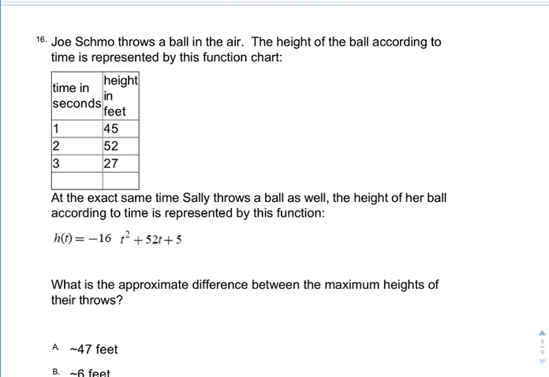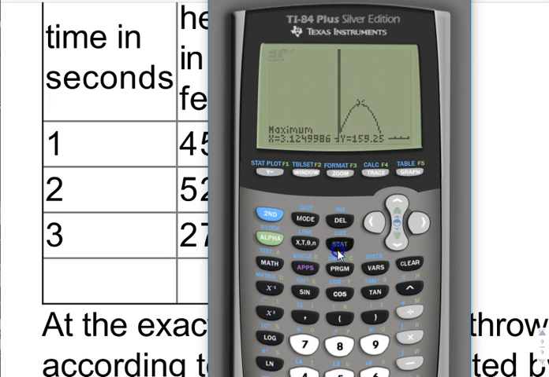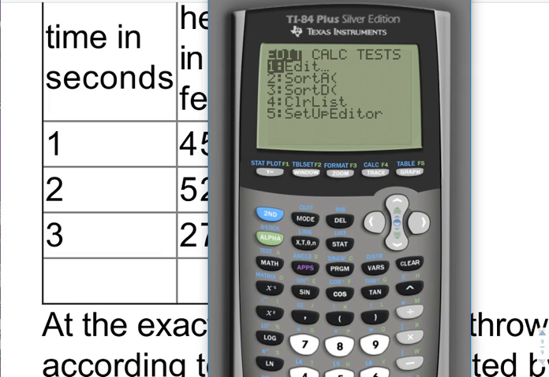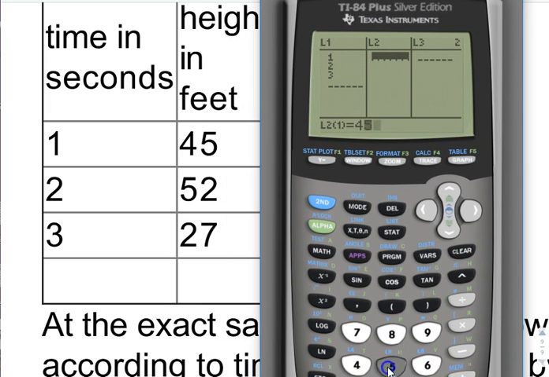All right. This one you'll definitely need your calculator for. You're going to need your stat values here. So let's go to stat edit, put our values in, and then here it is. So they're giving us a clue. You're going to tell the calculator to create a quadratic